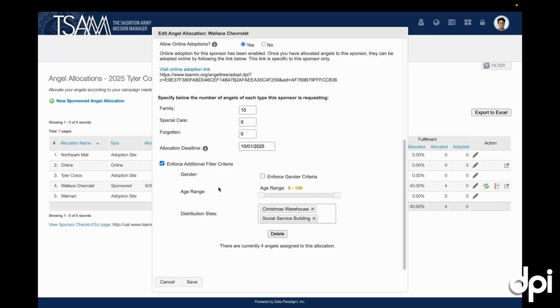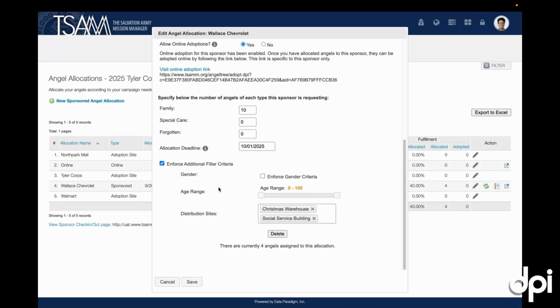As you might imagine, this serves a 5-county area, and they have a distribution site in Fort Worth, and they have a distribution site in Dallas, amongst others smaller, but those are their 2 main sites. And so what they say, if this company is in Fort Worth, I only want to give them angels from the Fort Worth distribution site, right? We don't want to waste time driving angels an hour from one side of our command to the other, when I can just say only give them angels from this distribution site or this other. Again, this is going to be a bigger key component as it relates to